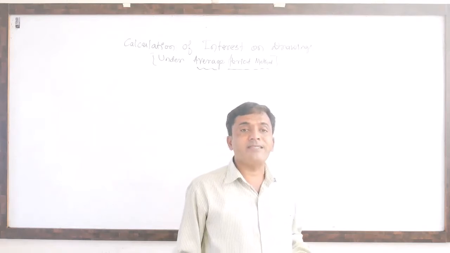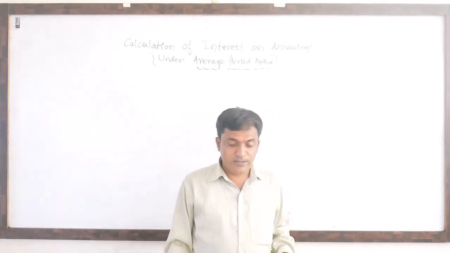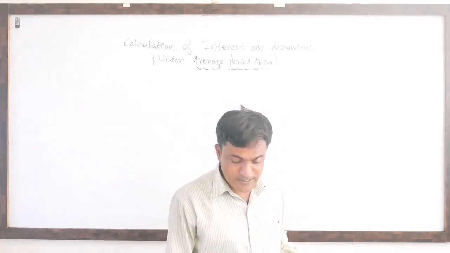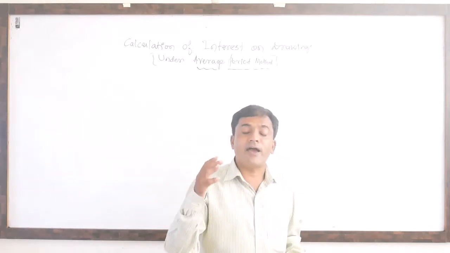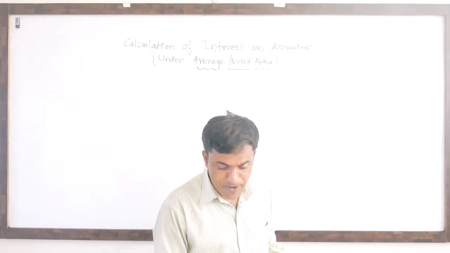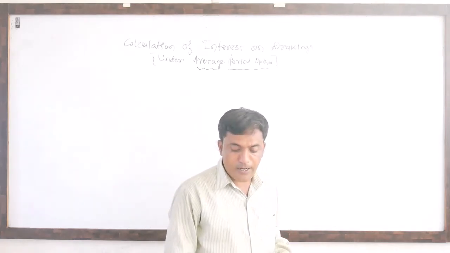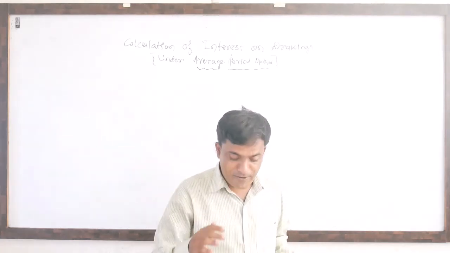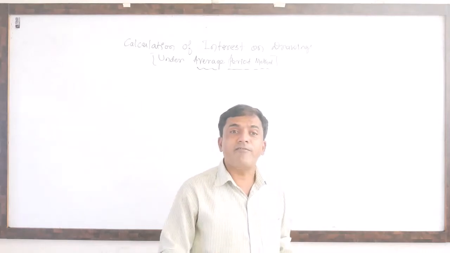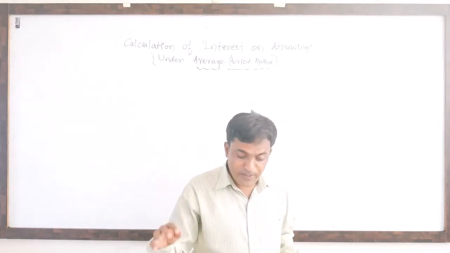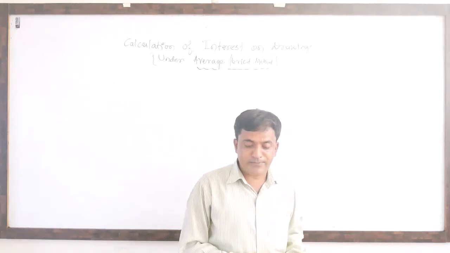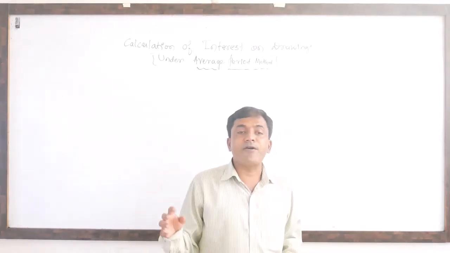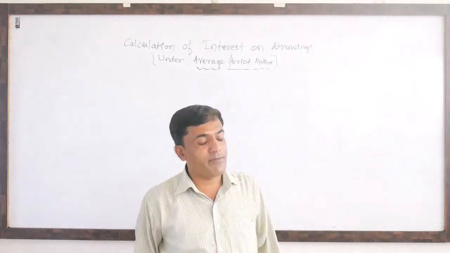As we discussed in the previous videos, here the partners made their drawings. The first partner Chirag made his drawings at the beginning of every month. The second partner, Pawan, made his drawing in the middle of every month, that is on 15th of every month. The last partner, Prakash, made his drawings of rupees 1500 on the last day of every month, means at the end of every month.